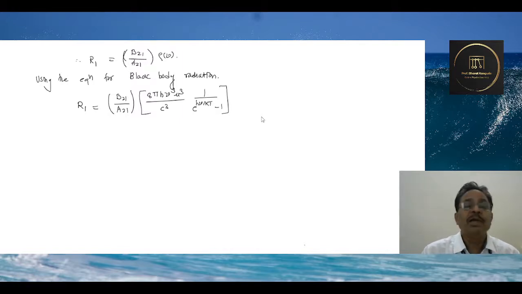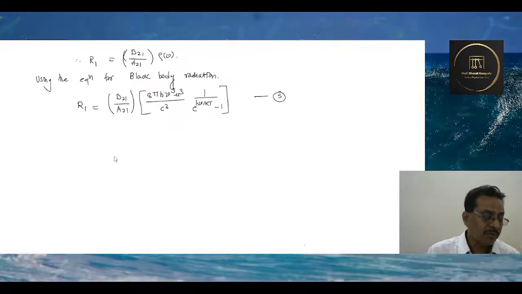So that is how one gets this expression as shown by equation number 5. That is the equation for R1.